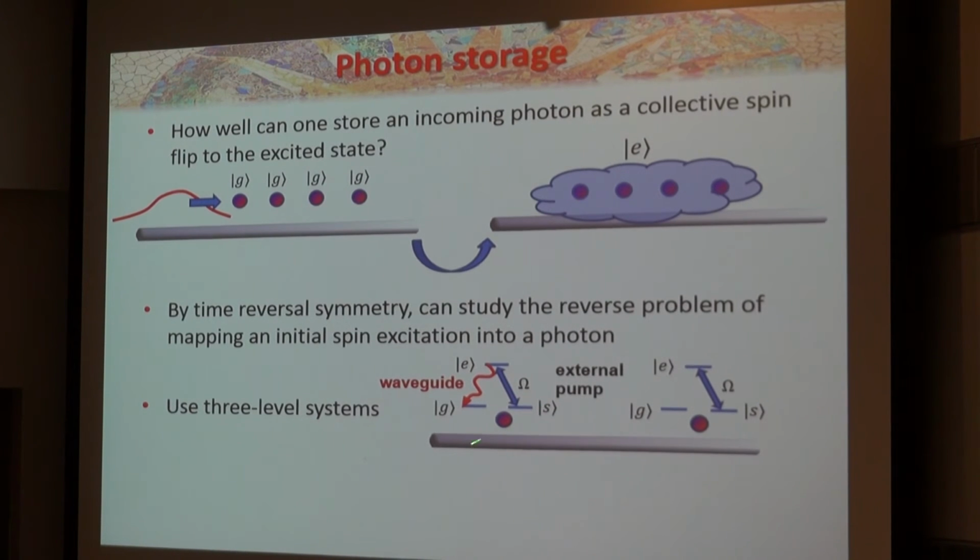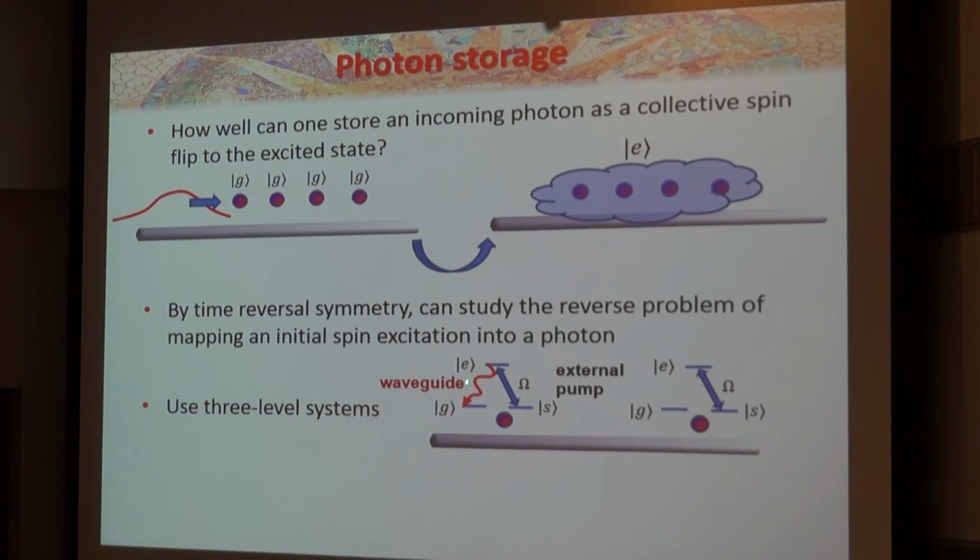I'm going to jump to 3-level atoms for a reason you'll see in a couple of slides. So with 3-level atoms, the story works as before. So you have a ground state G and excited state E. You assume that the E to G transition can emit photons into the waveguide as well as into free space. And then I'm going to have this excited state E also be coupled to an extra ground state S, which is, let's say, metastable. Okay?